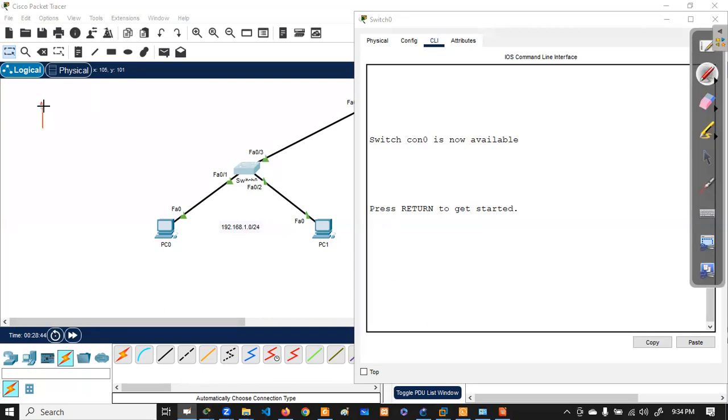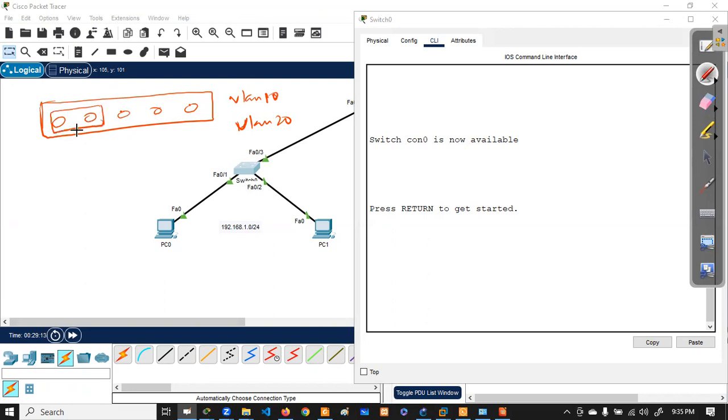Abhi, you have a switch, right? For an example, I am taking 5 ports. Okay. You are creating VLAN, right? 2 VLANs, VLAN 10, VLAN 20. You are assigning these VLANs to particular ports.